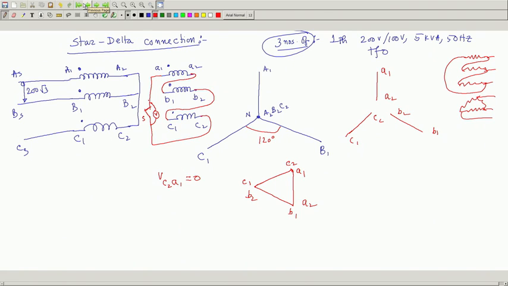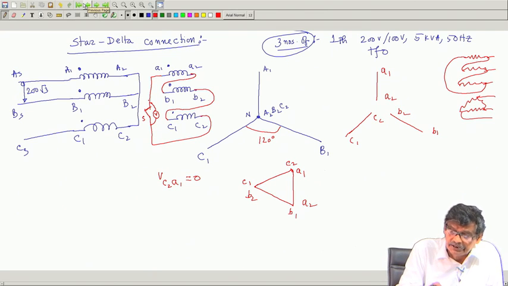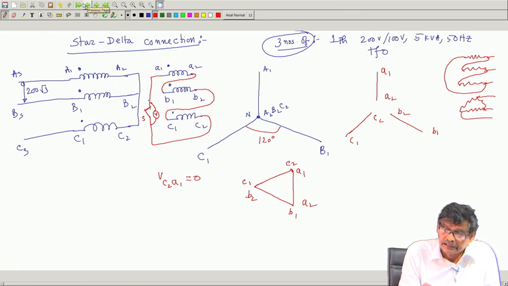Then I told you, when these 3 coils have no connections made, these phasors will maintain their 120-degree phase difference, but they will be in isolated conditions, they are separate. But the moment you connect it in this way, suppose somebody says delta connection means series and closed finally, then he joins A to B 1, B 2, C 1, C 2, and before connecting C 2 with A 1,